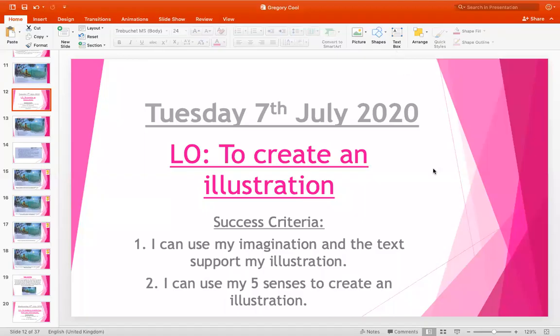Just to recap the 5 senses, it's what you can see, what you can maybe hear during the text, what you think you can taste, what you can smell, and what you can see, I think. Okay,